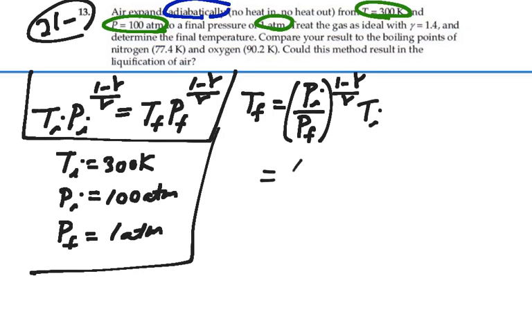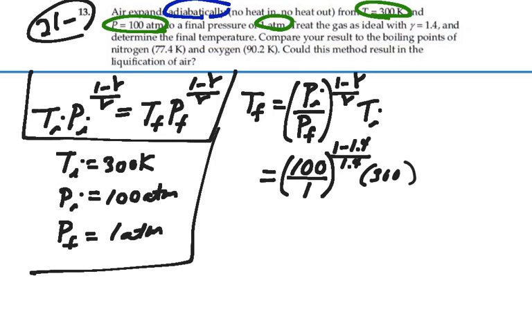Our initial pressure is 100. Final pressure is 1. Atmospheres over atmospheres will cancel out. We'll have (1 minus gamma, which is 1.4) over gamma, 1.4, times our initial temperature, 300 Kelvin. So this is going to be 100 to the, let's see, negative 0.286 power